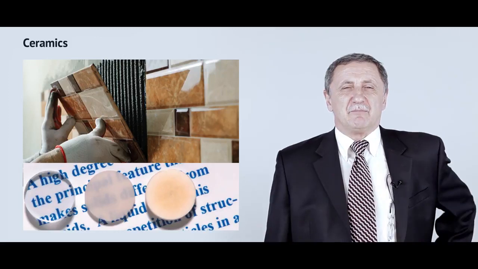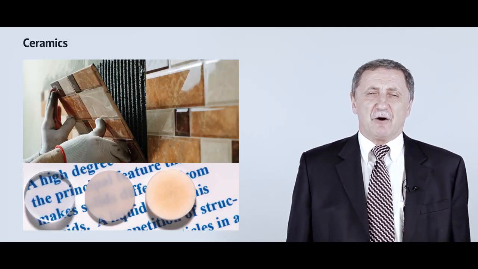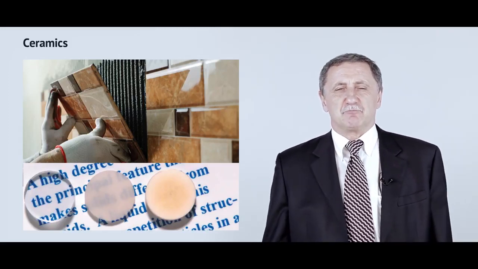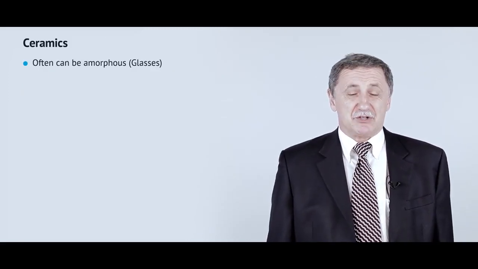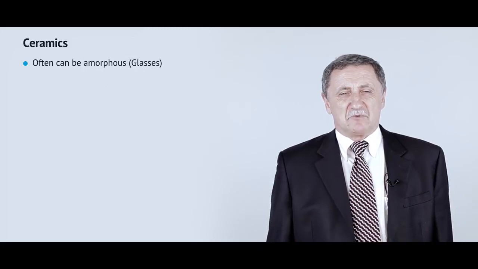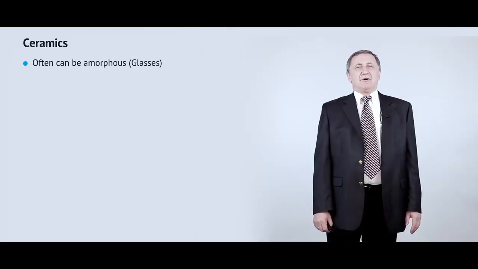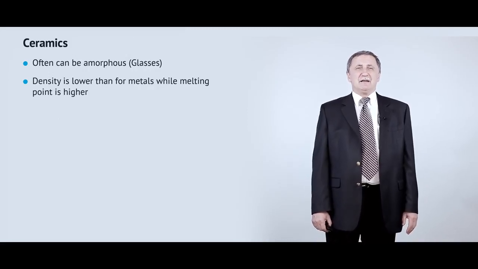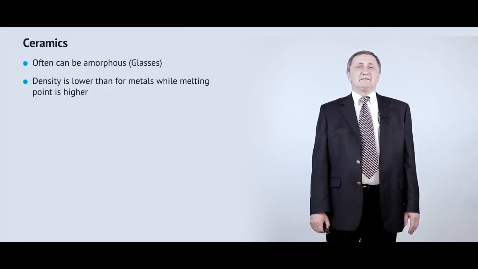However, if you're talking about ceramics, you will have some maybe different thoughts about their properties. We are talking now about materials and properties. You know that there are a lot of glasses which differ as compared to metals, because glasses typically are amorphous. Again, the density of ceramics typically is much less than for steels and alloys.